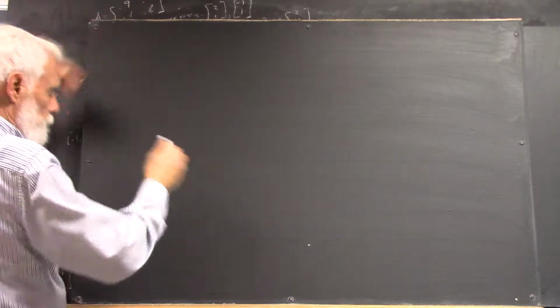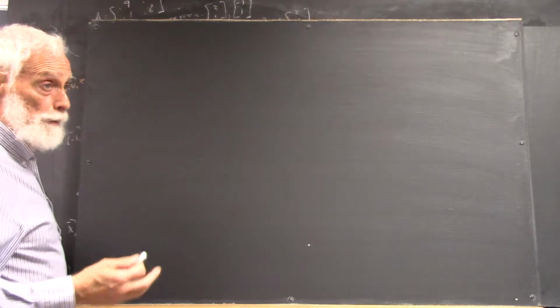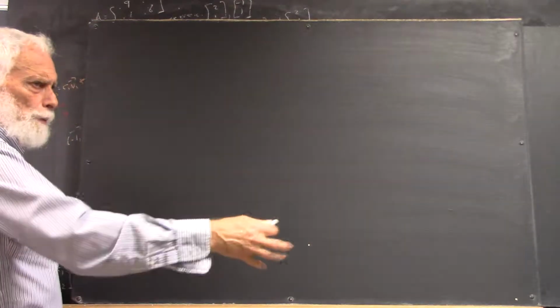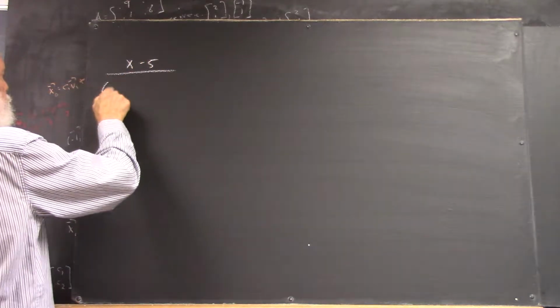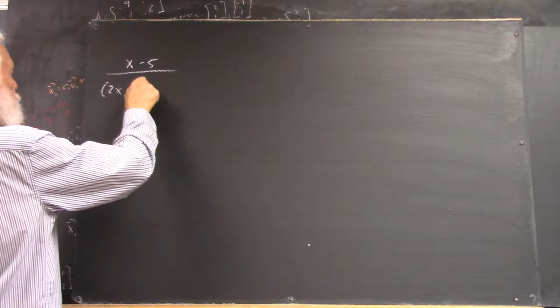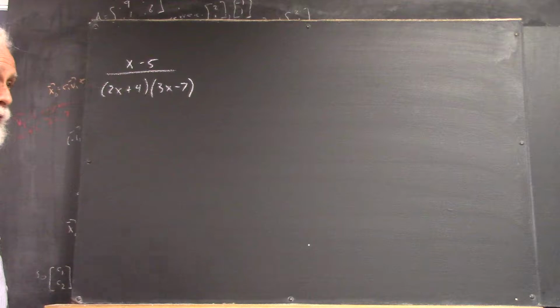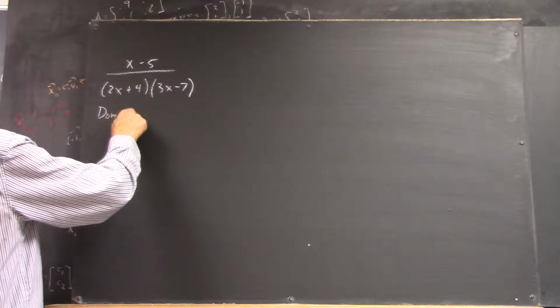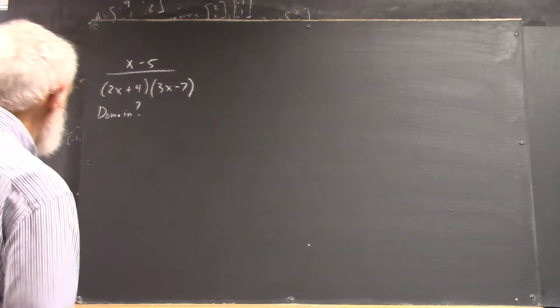Okay, so just kind of reviewing one detail, or one typical thing that happens when you want to find a domain, and this is going to be very important when you get into rational functions and polynomials, the things that we're talking about. Now this is what you call a rational function. You don't have to remember that name. Let's say we have this function. We want to find the domain. Okay? Well,